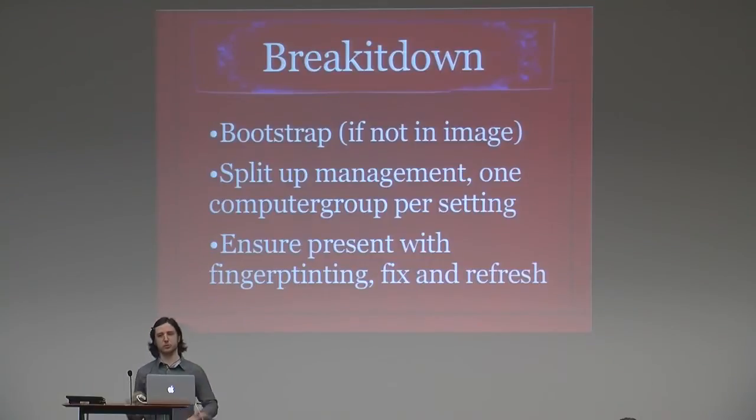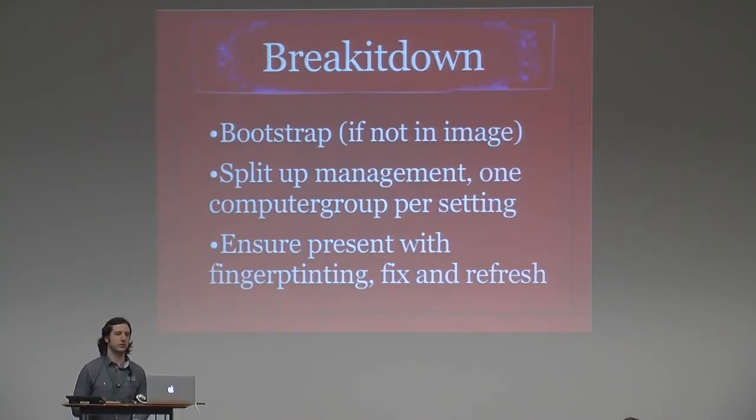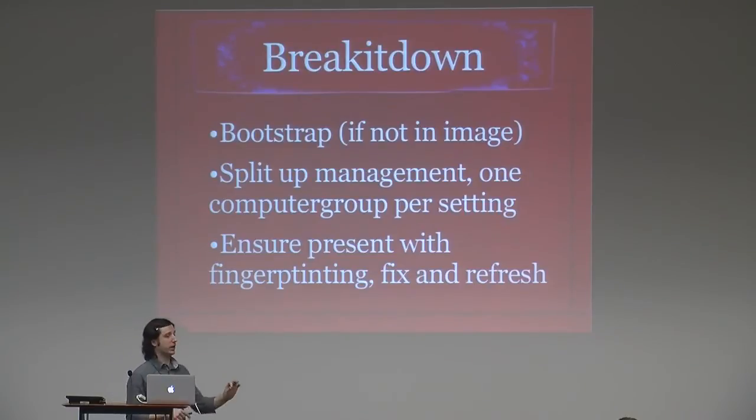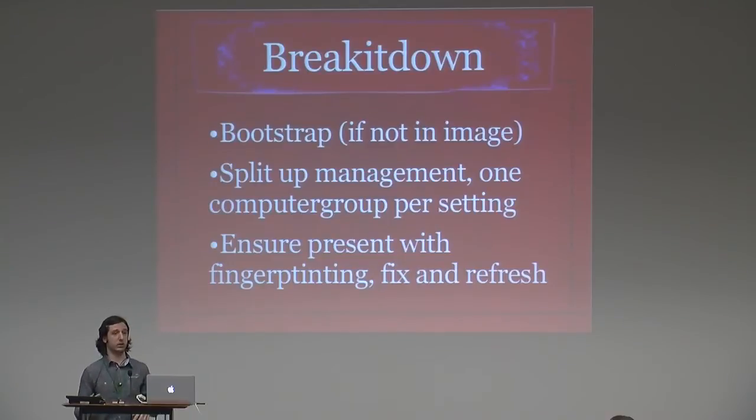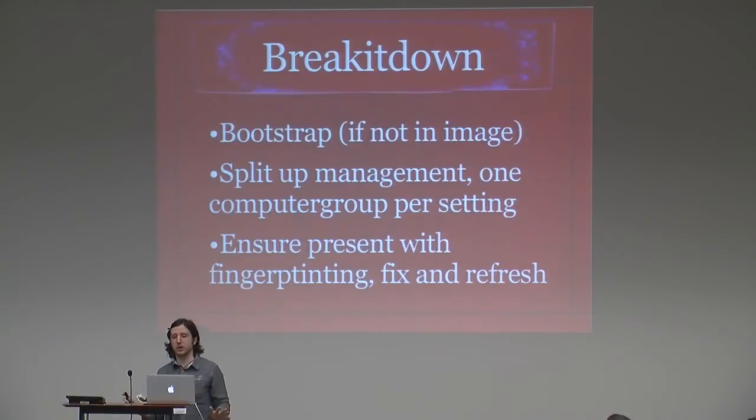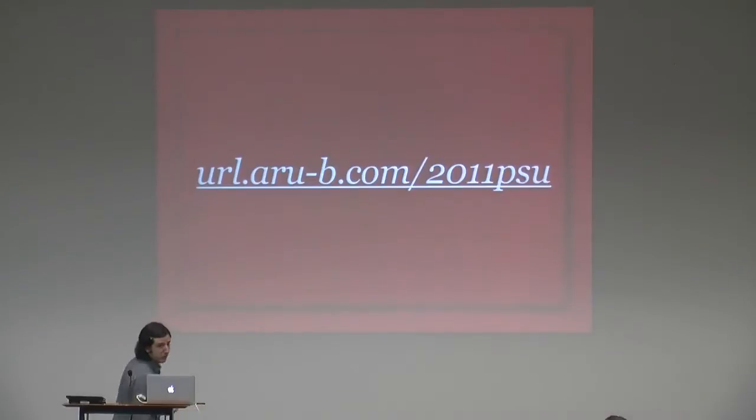Then you can ensure present, to use terminology from Puppet, to say, okay, the installs key is looking at this computer group plist. Make sure it's there. You can do a hash on it to make sure it has not been modified. And this is something that you can automate after you deploy, or you can just keep pushing the package. It's very small. This is where it breaks down when it comes to that model. But again, when it comes to last year's talk on LocalMX, this is me.